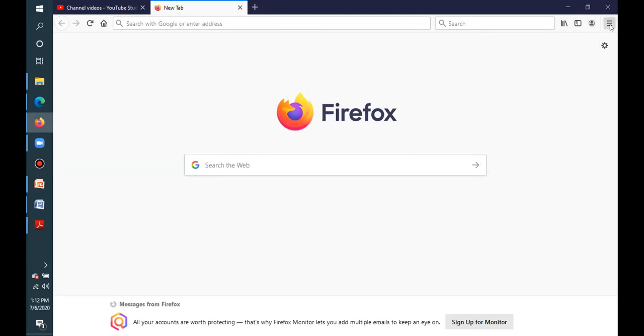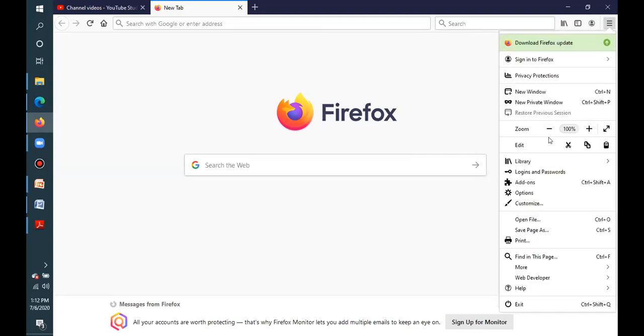And then here we have a list of options. Many options we already saw in different parts, like how we can sign into Firefox. Then here you can see the privacy protection settings. You can open a new window from here. Some shortcut keys are also given here, Control N. If you press Control N, it will open a new window, not a new tab, a new window. And you can open a new private window.